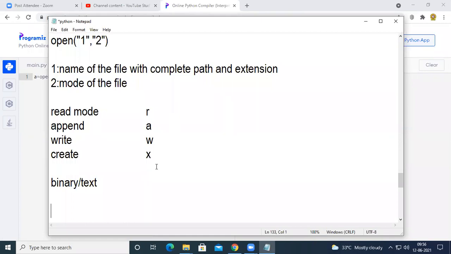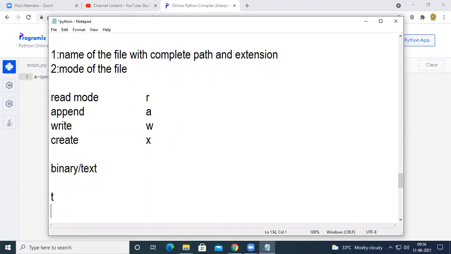If you want to mention that you are working with a text file, you can supply T, or if you want to specify you are working with binary, you can supply B. So T specifies text and B specifies binary.